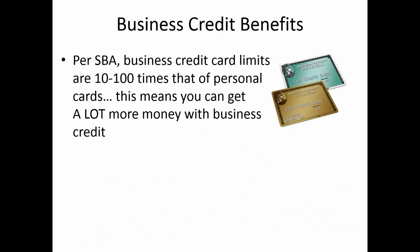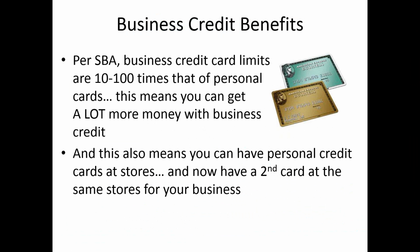I had a business where we had 12 computers, 14 computers in the office. So when you need to buy 14 computers, you need a lot more borrowing capacity. And this is why business credit's this way. Businesses have a need to use more money than consumers do. This is why limits are so much higher on business credit accounts,